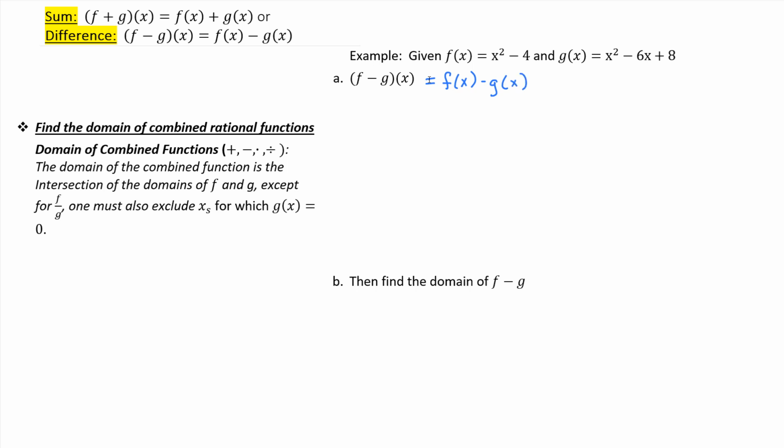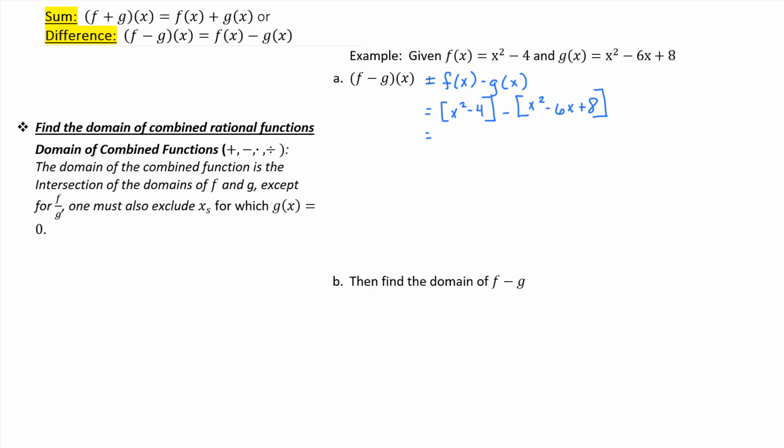And so you can take whatever function f of x is, which in this case is, I'm just going to put it in brackets, x squared minus 4. And then you want to subtract off g of x, and then I would also put that in brackets. It's x squared minus 6x plus 8. And the good thing about putting the brackets or parentheses there, you can use parentheses too, just some sort of grouping symbol, is that you can see that you have this minus that needs to distribute on every term in